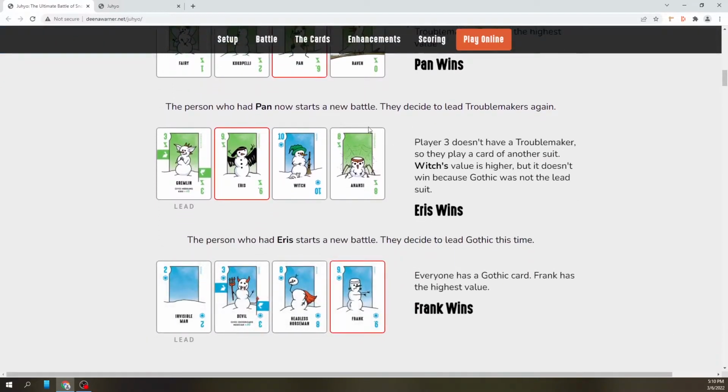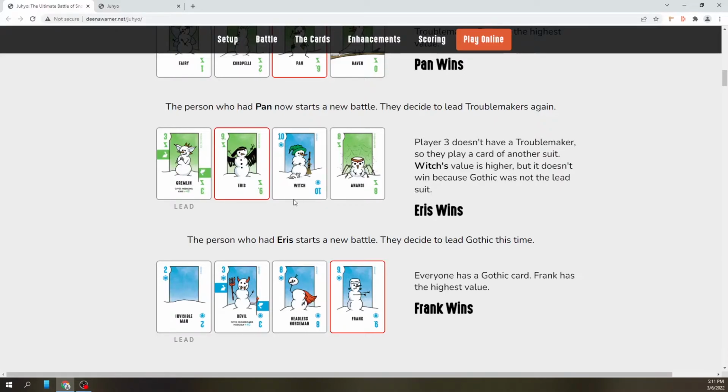So he starts a new trick, which in this game we call a battle. And similar to Hearts, you lead a suit, and everyone has to follow suit unless they don't have any cards in their hand within that suit. So in this particular case, the three of troublemakers, which is the gremlin, was led. The next player played a 9.